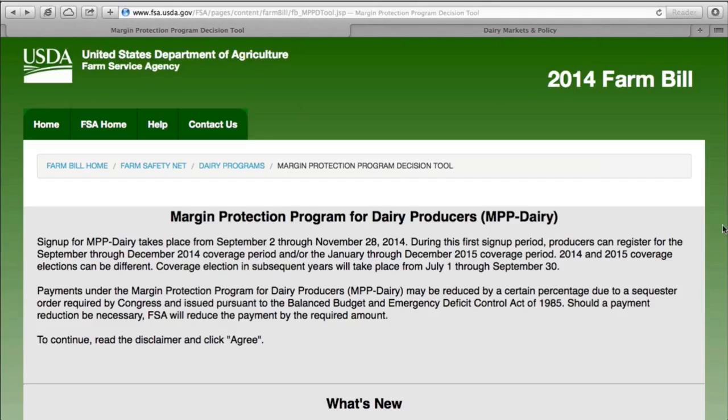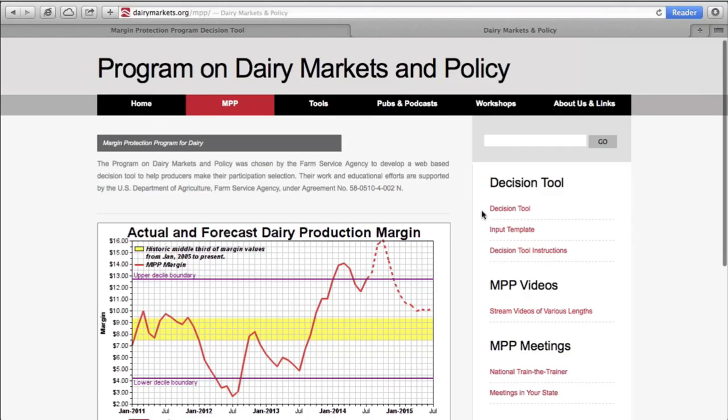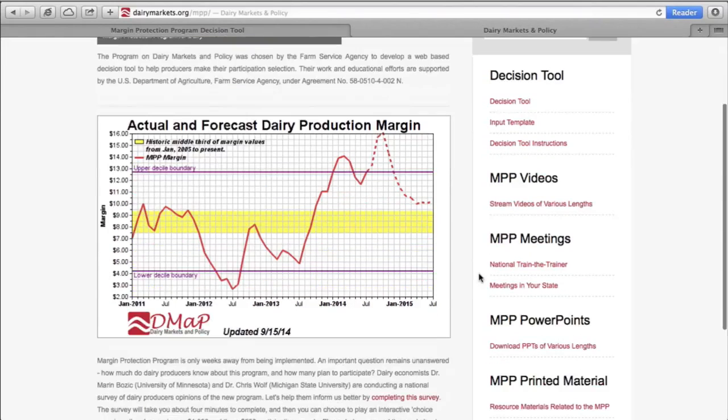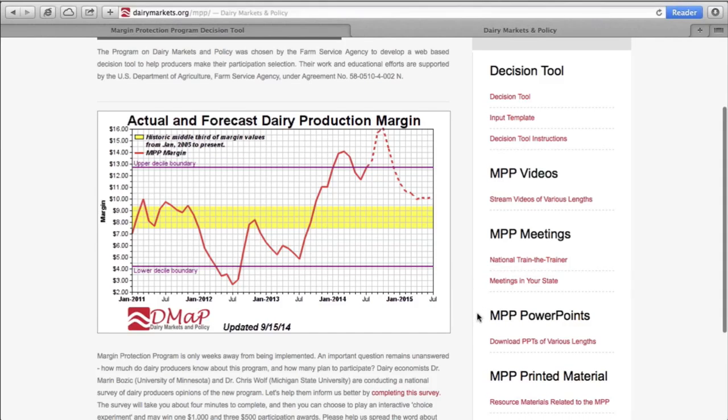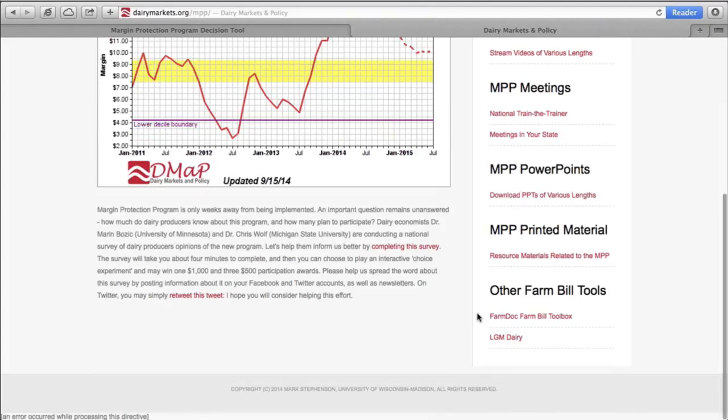Here we are. Let's first review the Dairy Markets and Policy page. So if you go to dairymarkets.org/MPP, you're taken to a page that on the right-hand side here has links to the decision tool, MPP videos, links to meetings in your state. So if you're interested in where Phil and I are traveling next for MPP or where meetings in your state may be held, you can find information here. A suite of PowerPoints describing the rules of the program and comparisons to LGM dairies available, and then other printed material with respect to MPP is online at